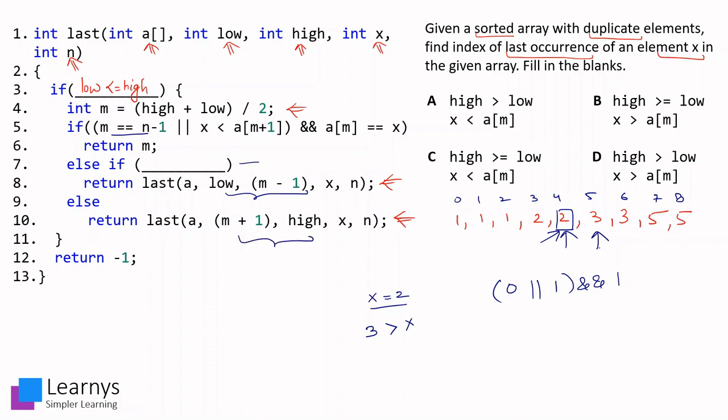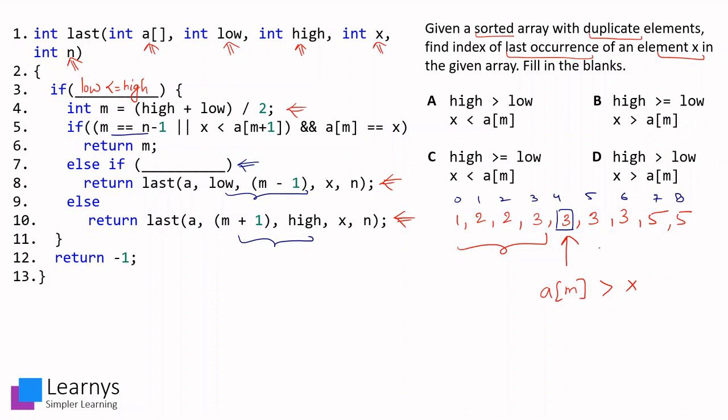So now we want to find out the condition in which it moves towards the left hand side of the array. Here we can say that it should go towards the left hand side of the array if the value at A of m is greater than my x value. In that case, the probability of finding x lies in the left hand side. So here we can write x is less than A of m. Thus my two blanks have been filled and I can say my answer is option number C.